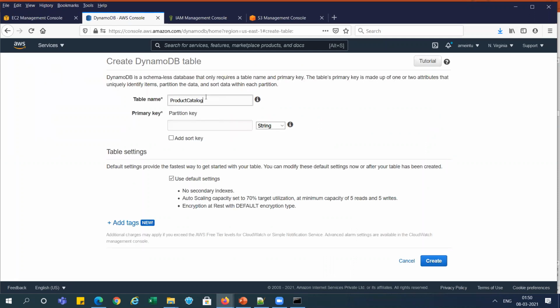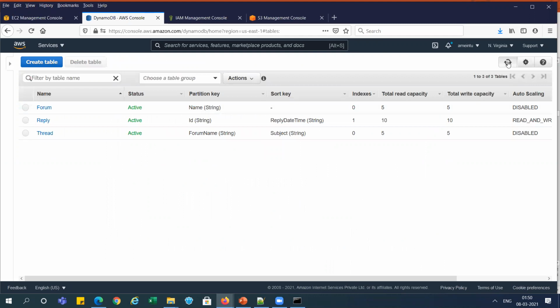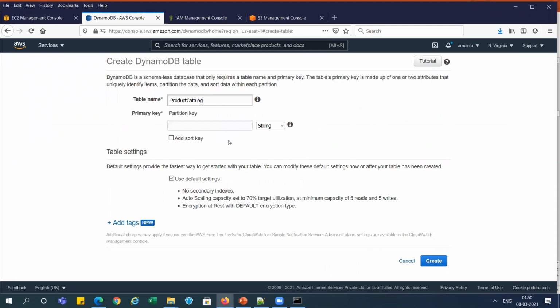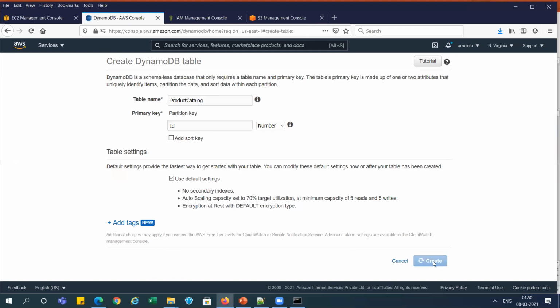Now again we are going to create this table. Now capital ID and type number, right? You can see here data type number. Now I'm creating it.